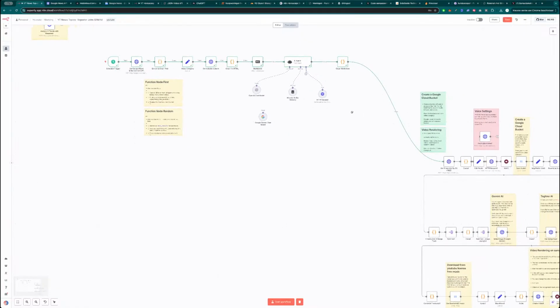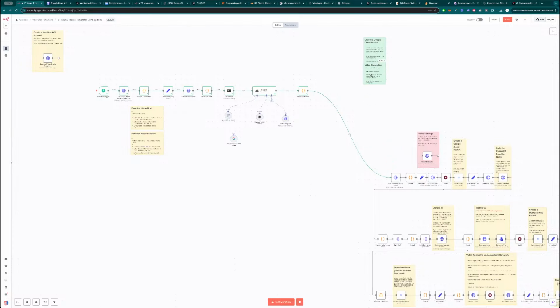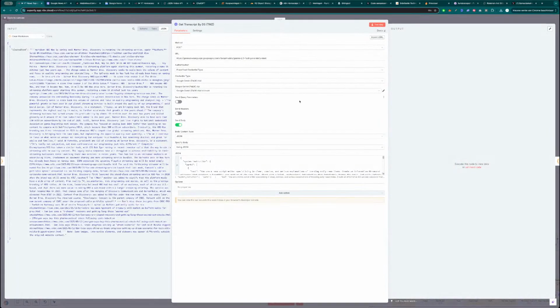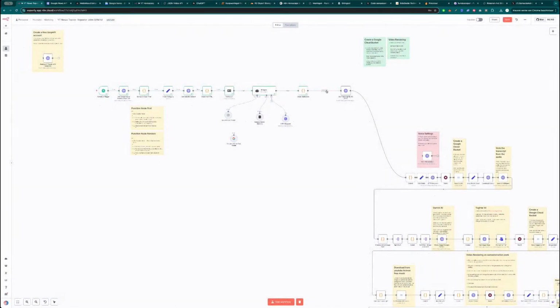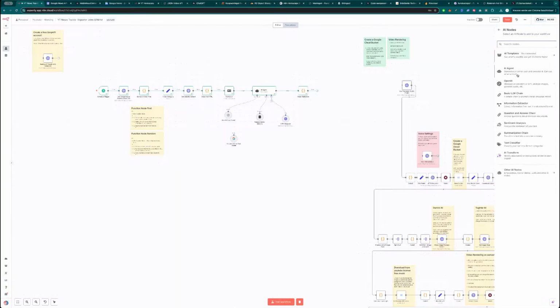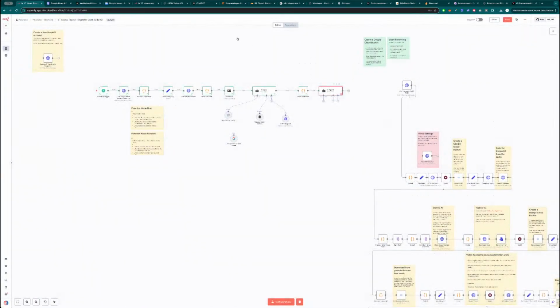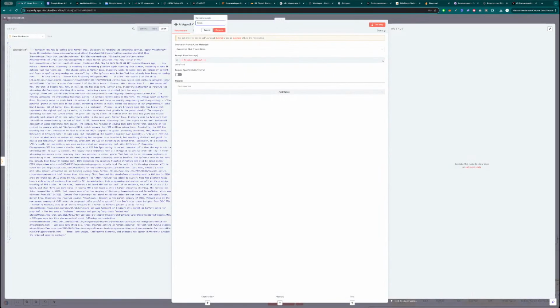All right, let's continue. These are all old, but we will keep them for later. Okay, the next node is an HTTP request. And we are going to disconnect this because we are going to work with agents. Okay, let's see what kind of agent we are going to use. This will be a voiceover agent,